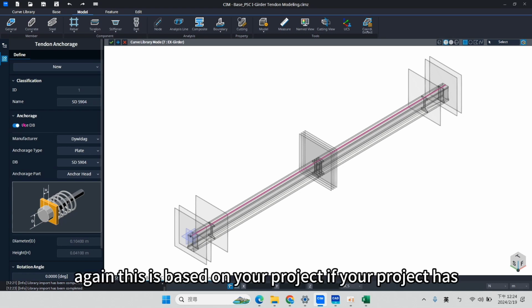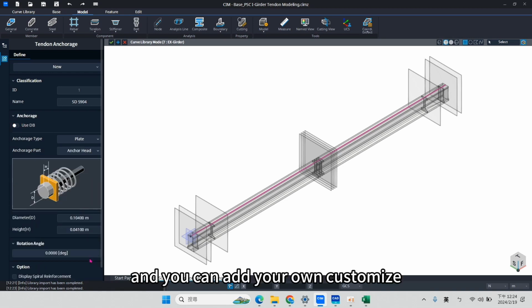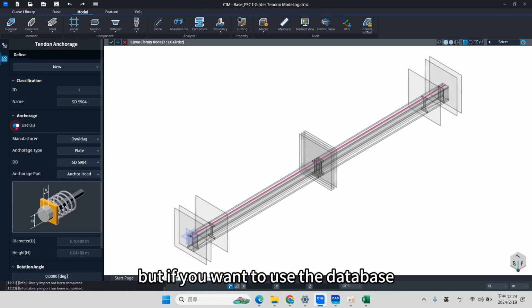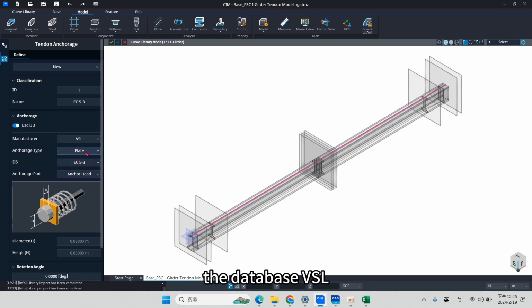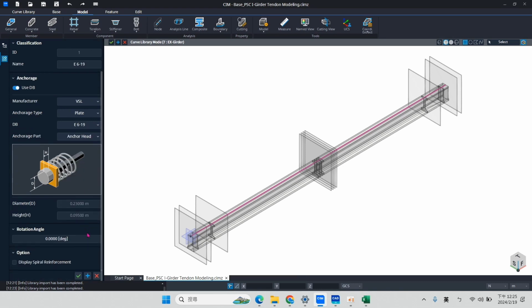If your project has a customized anchorage size, you can just unclick the DB and add your own customized dimension. But if you want to use the database, in this example, you will use the database ECL, the DB of E6-19.